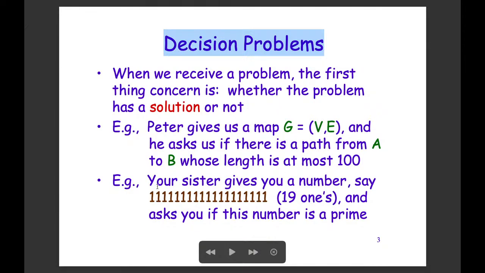The other one is, let's say your sister gives you a number, and this number in decimal is a very, very interesting number. It has 19 ones together, and then she asks you if this number is a prime or not. So in such a case, this is also a yes/no type of question. So the answer is either yes if it is a prime and no if it is not a prime. Okay,